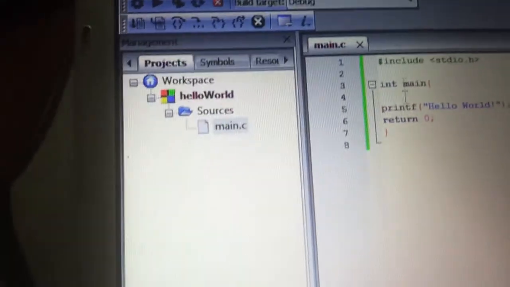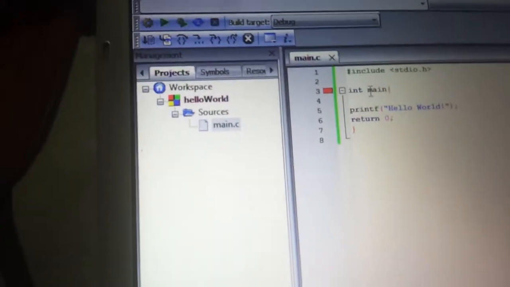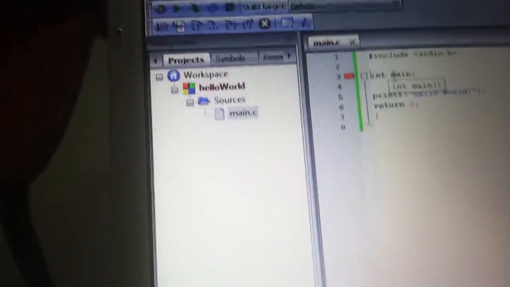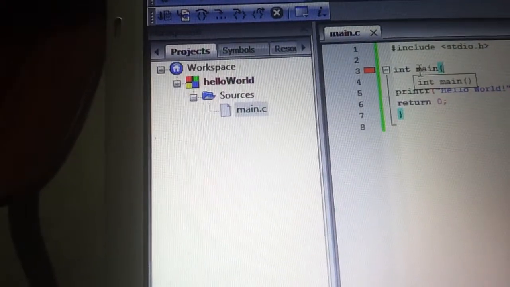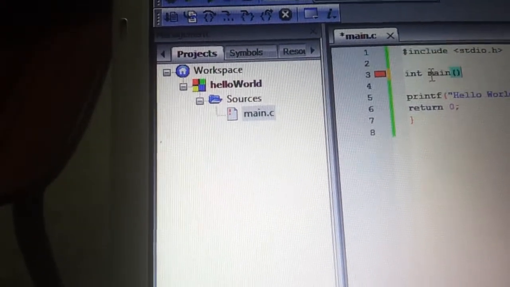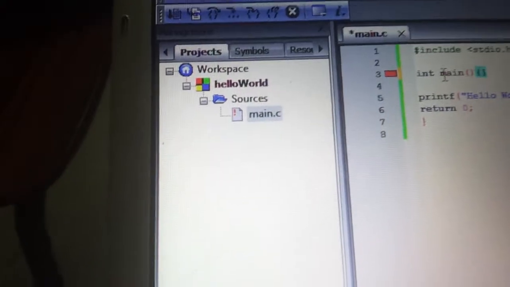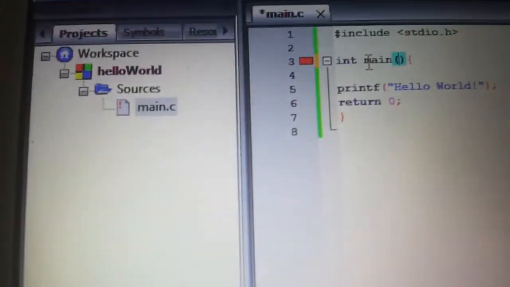Okay, so the program has been built, but it shows some error here. Okay. Here I forgot one thing. After every function you need to provide this parenthesis, and